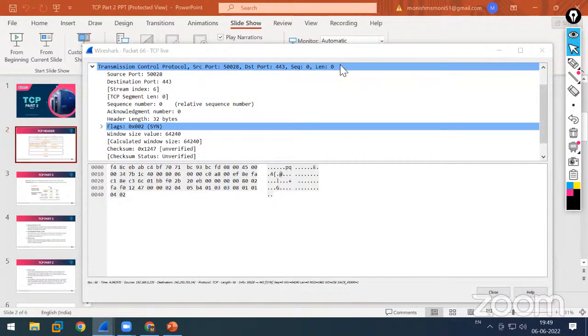Right. So now destination port, fine. Sequence number,